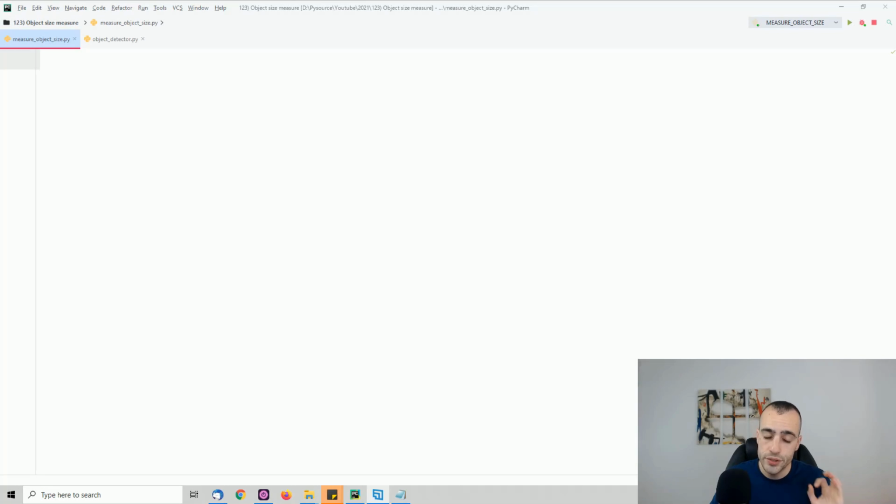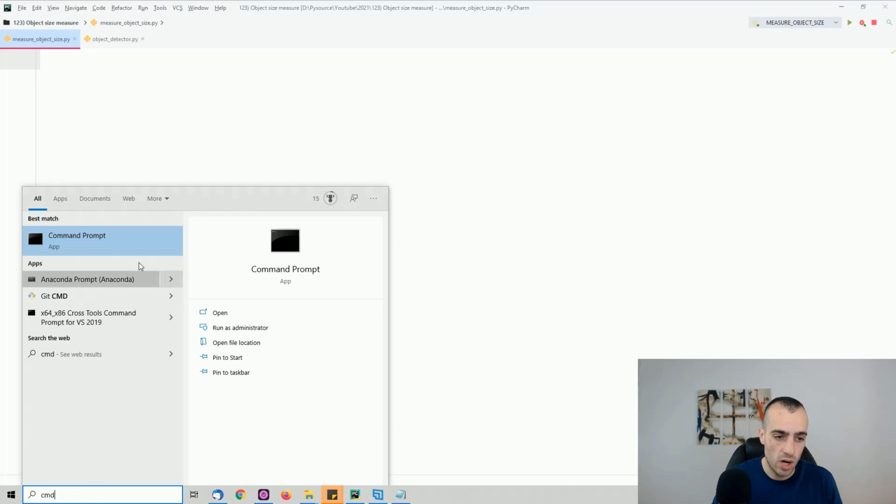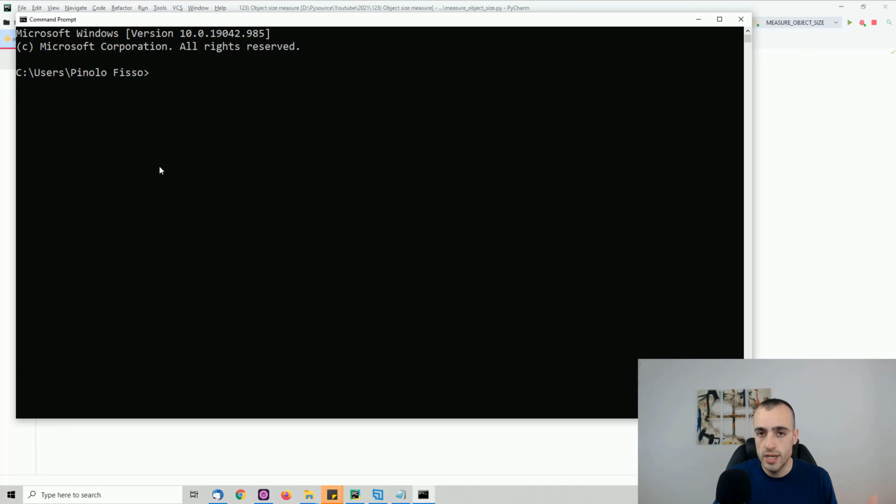Now, in order to proceed, you need to make sure that you have the opencv-contrib-python library. If you don't have that, this is the way to install it. You go on the terminal. So we open the terminal. Whether you have Windows, Linux, or Mac, it works the same. Once you open the terminal, you type pip install